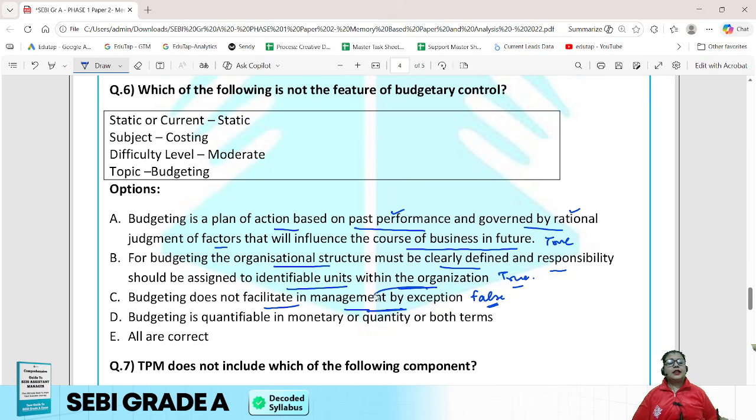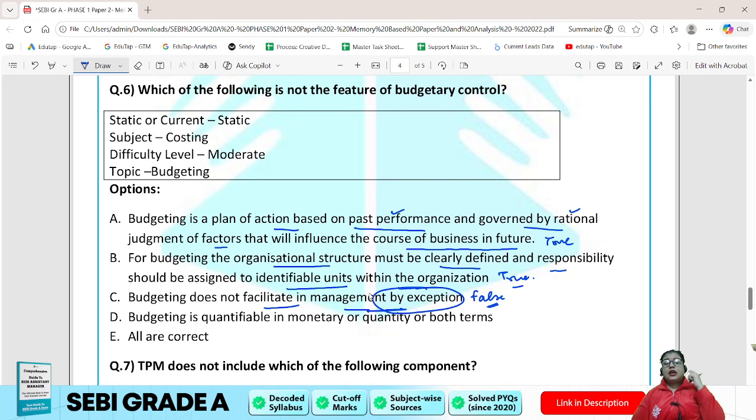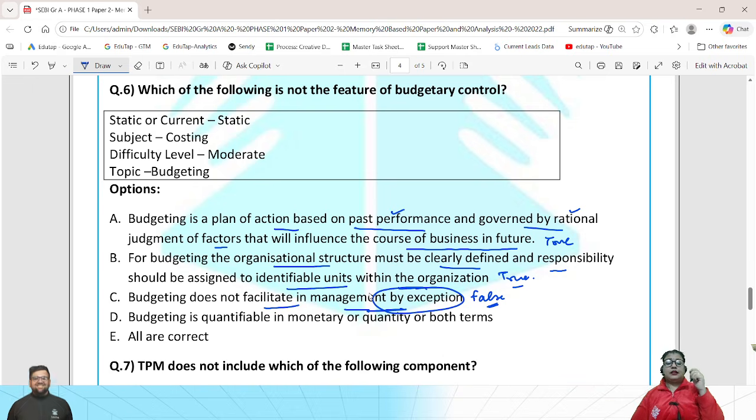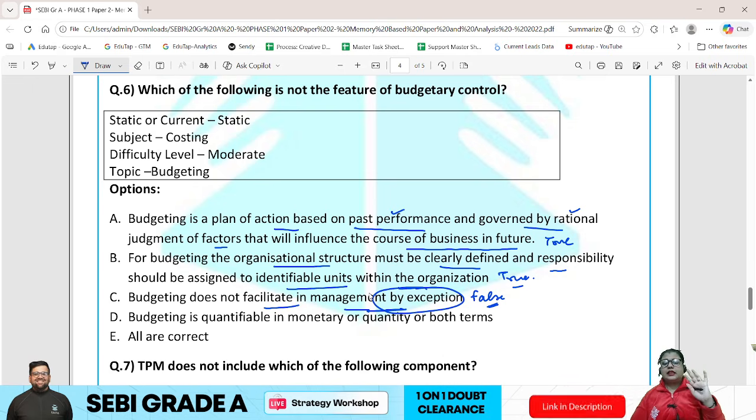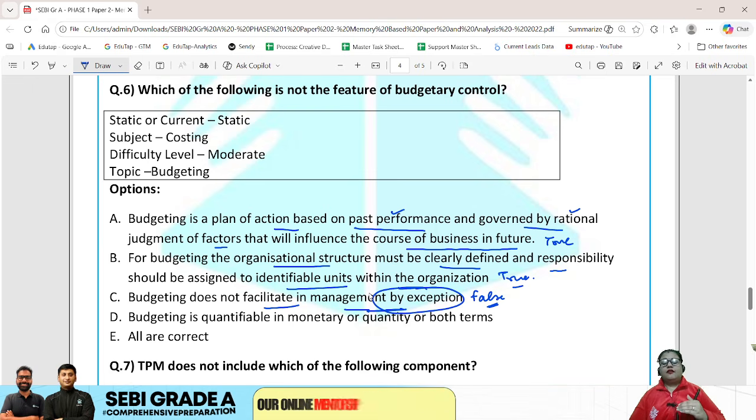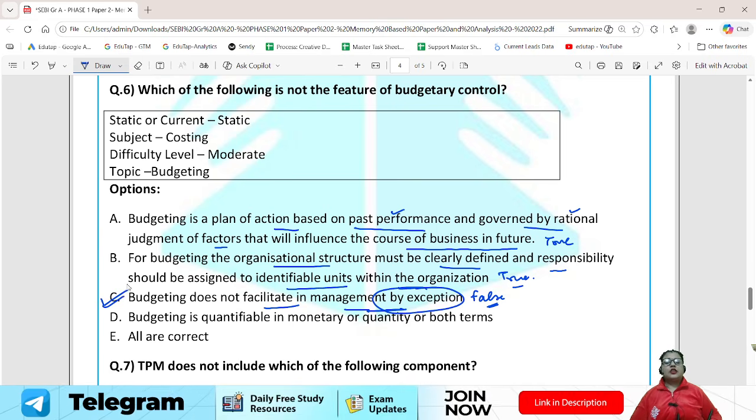मैनेजमेंट बाय एक्सेप्शन होता क्या है कि हमें जो छोटी छोटी चीजें हैं, जो सिग्निफिकेंट डिविएशंस हैं, उसको हमने नजर में रखना है. जो छोटी छोटी चीजें हैं उसको हमने नजर में नहीं रखना. मैनेजमेंट बाय एक्सेप्शन कहता है कि ओनली द सिग्निफिकेंट डेविएशन शुड बी कंसीडर्ड, वेराज जो बिल्कुल छोटी छोटी माइनर सी चीजें हैं उसको हमने फैसिलिटेट नहीं करना. सो यस, बजटिंग भी यही कहता है कि जो भी सिग्निफिकेंट चीजें हैं उस पर आपको ध्यान देना चाहिए.